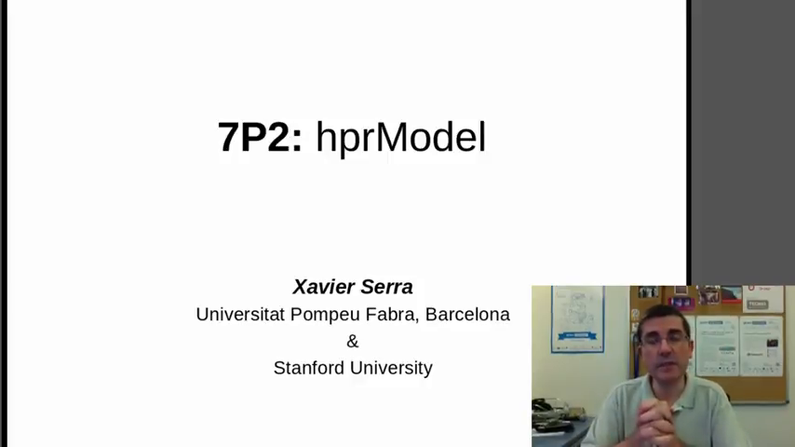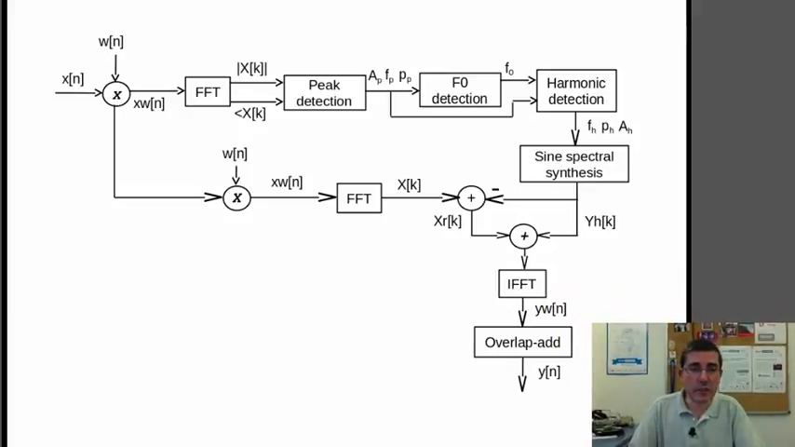And this is what we're going to be talking about in this programming lecture from a programming perspective. So we're going to be implementing the subtraction of sinusoids from a signal. And we're going to do it through the hprModel, the implementation of the model that we have within the SMS tools package. So basically we're going to be talking about this block diagram in which from the input sound and